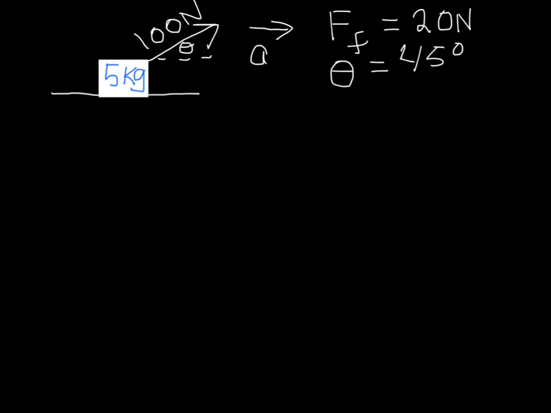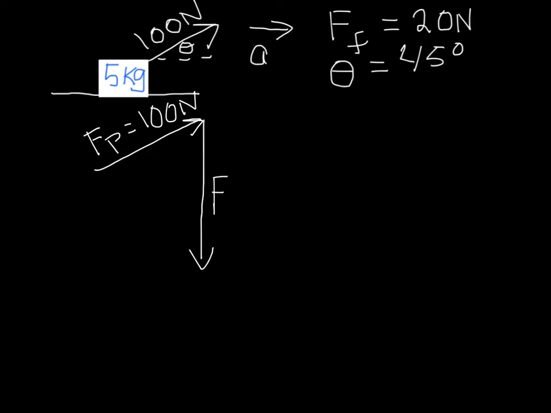All right, so we need to find out what all the forces are, and we need to find out what the acceleration is. So, first thing is to draw a force vector diagram. So we have a pull of 100 newtons. We have a gravitational force,